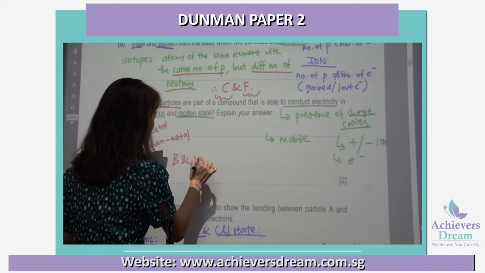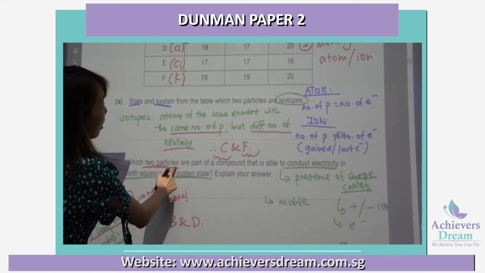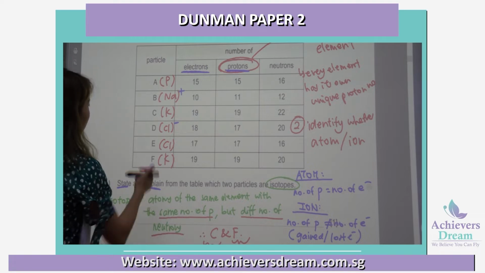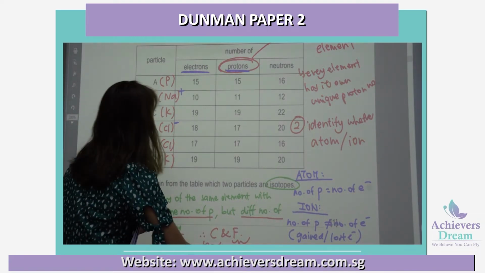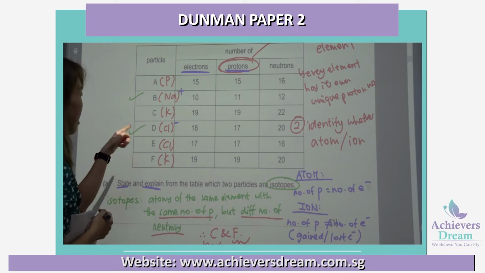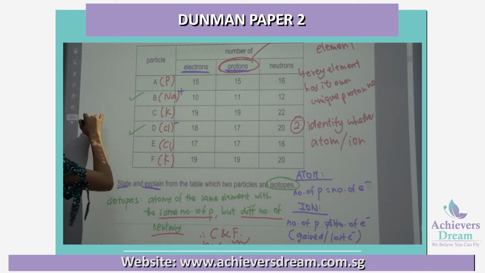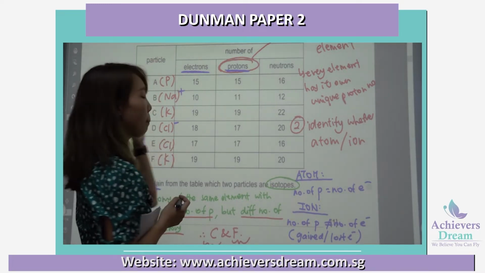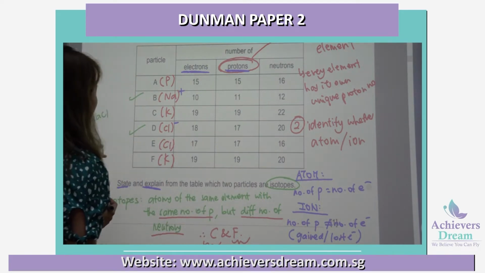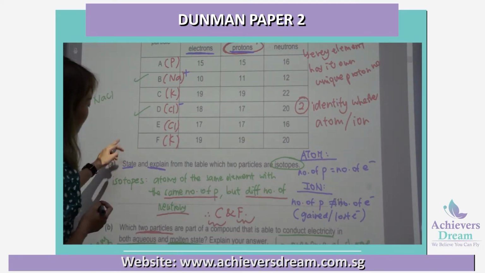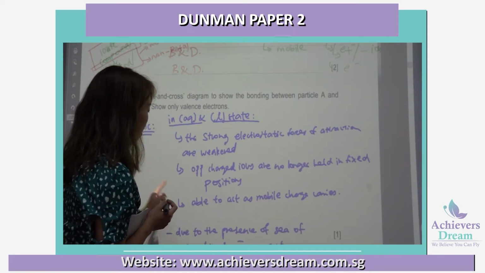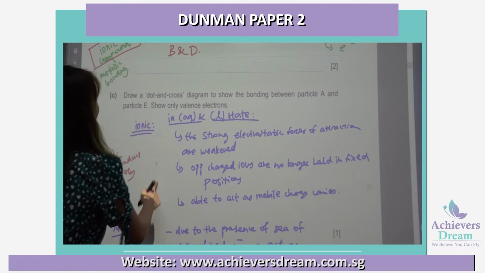So ionic compound, the answer would be B and D. Okay, this is where I say it is important to identify the element because it will make your life a lot easier. B and D, right? B and D, Na plus Cl minus. I know that it will form NaCl. Correct? So it makes your life very easy because you are able to identify compounds that are familiar to you. So NaCl is the ionic compound, and explain your answer. So same thing, using this explanation. Okay? Then for part C,